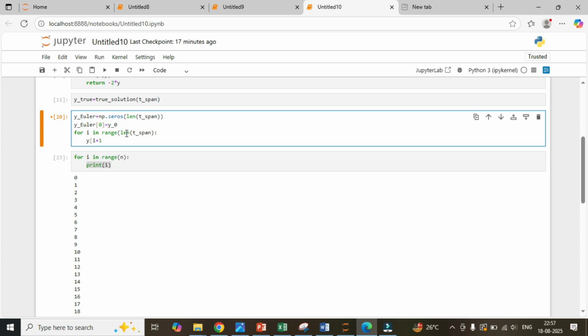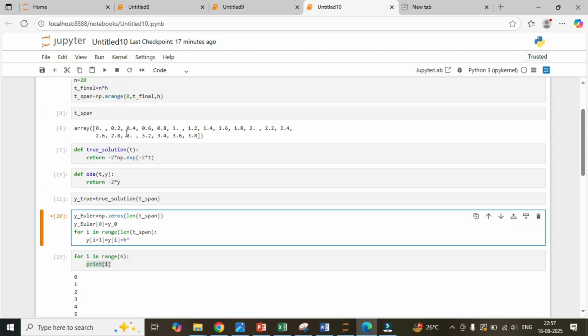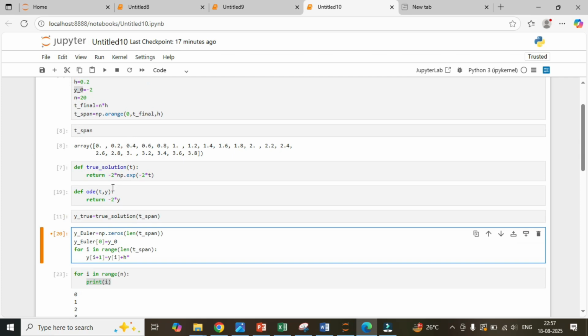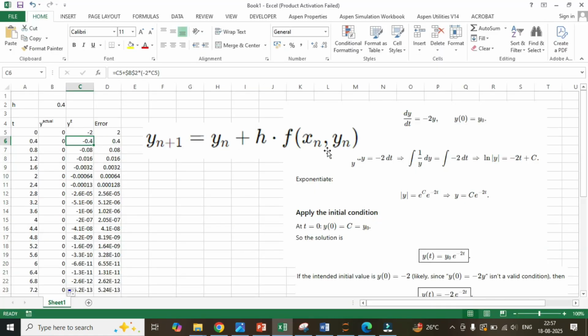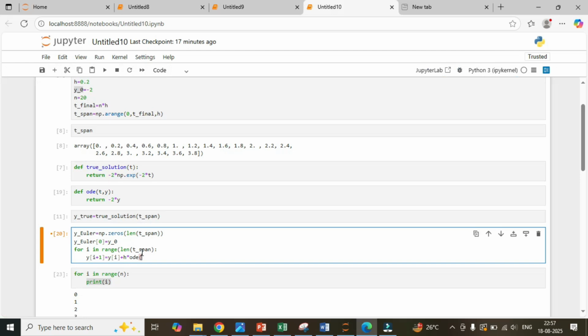As we know, that is equal to y of i plus h multiplied by... I need to call this ODE again. So ODE, I need to give what I have to give. As per the formula, what we have is xn comma yn. So what is here? t of i,